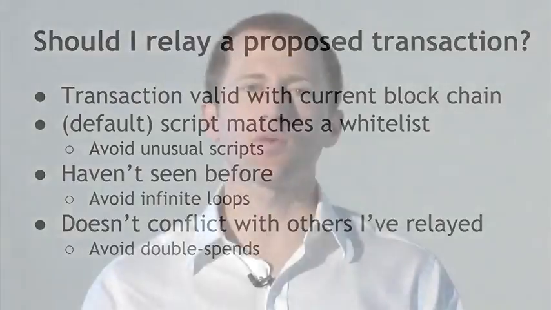And there's another property, which is that they won't relay the transaction if it looks like a double spend. So if they've seen a transaction where Alice tries to send some specific coins to Bob, and then later they see a second transaction where Alice tries to send those same coins to Charlie, the node shouldn't relay the second transaction. Even though either transaction could be valid because those coins still haven't been spent, they'll only relay the first one they hear. And that's an extra guard against double spending.